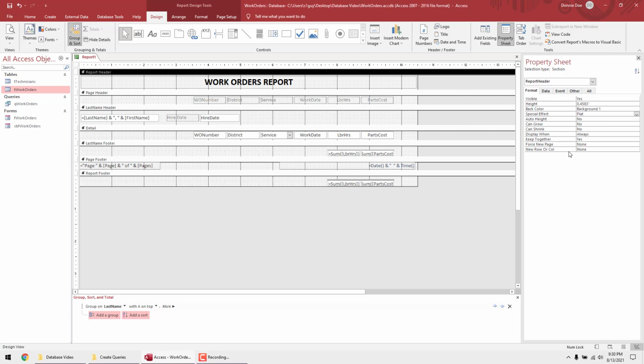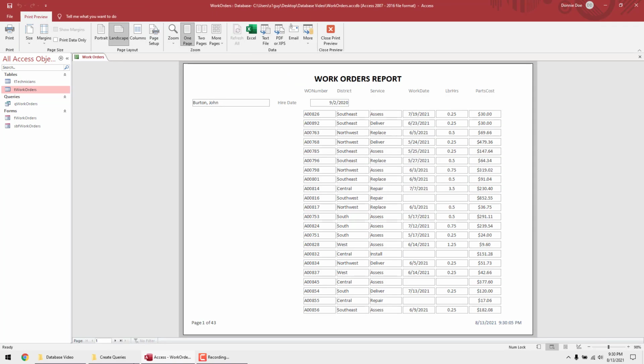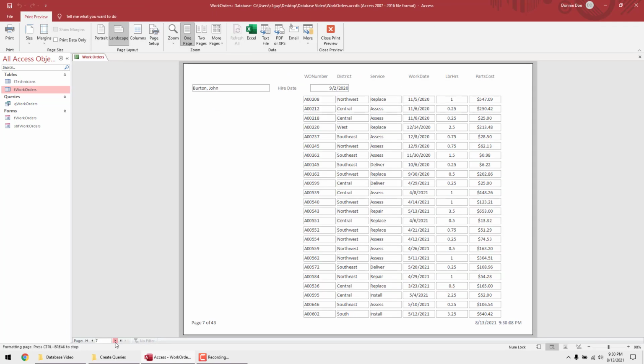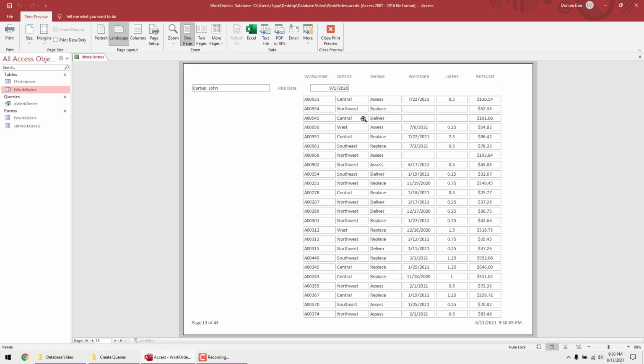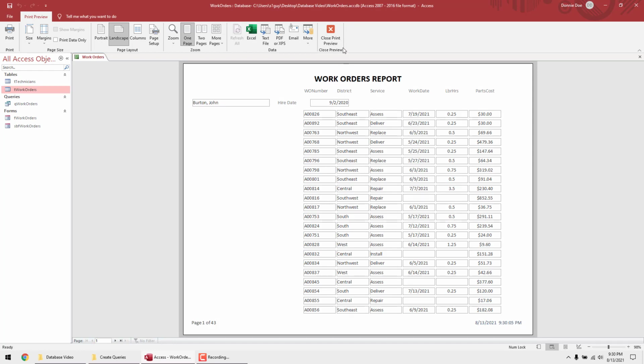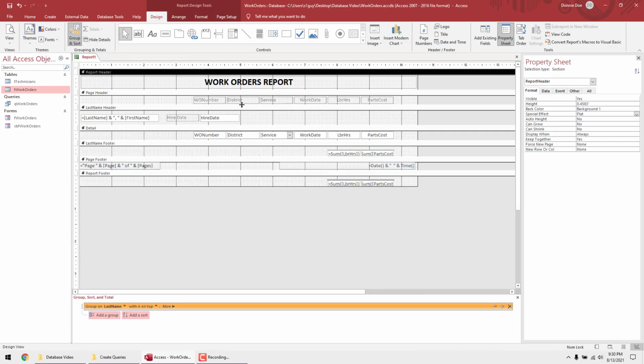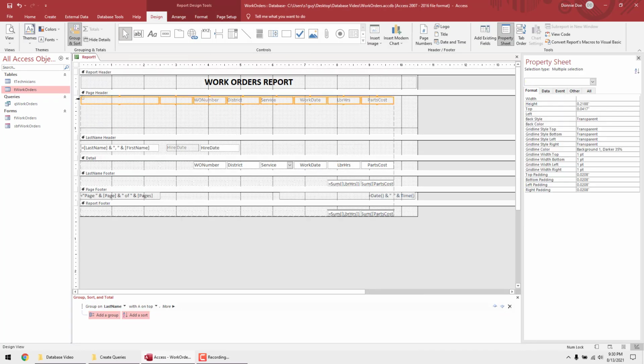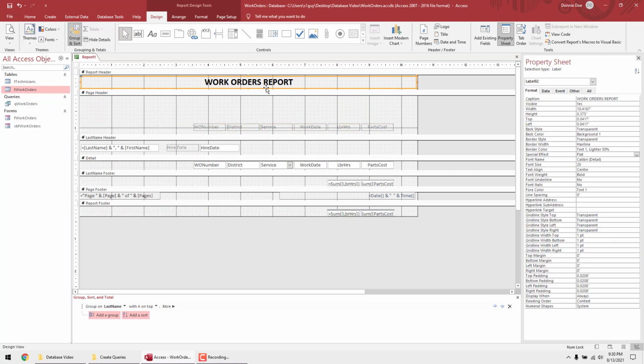So I double clicked on here, and what I was looking for is to make this show up on every page, because when we come over here and I go to the different ones, the report header doesn't, and it doesn't necessarily need to. I mean, it's just taking up space, and as long as you have it on the first page, it's good. But if I wanted to, let's say I wanted to, I could just bring stuff down, and I bring my report header down,